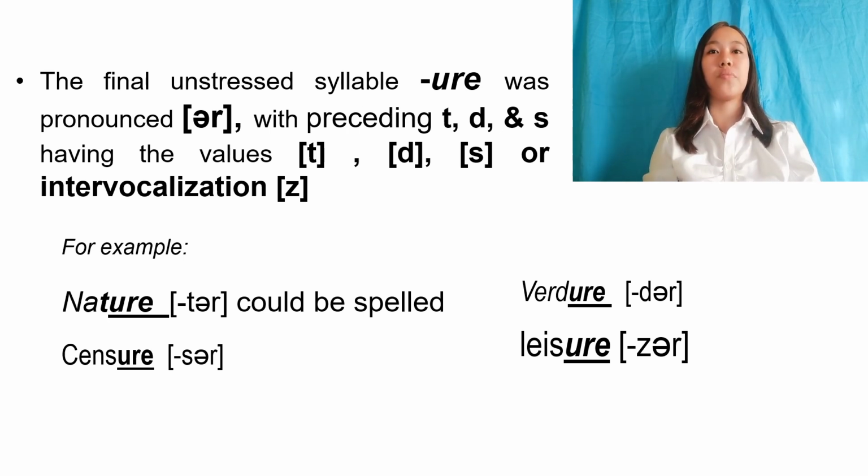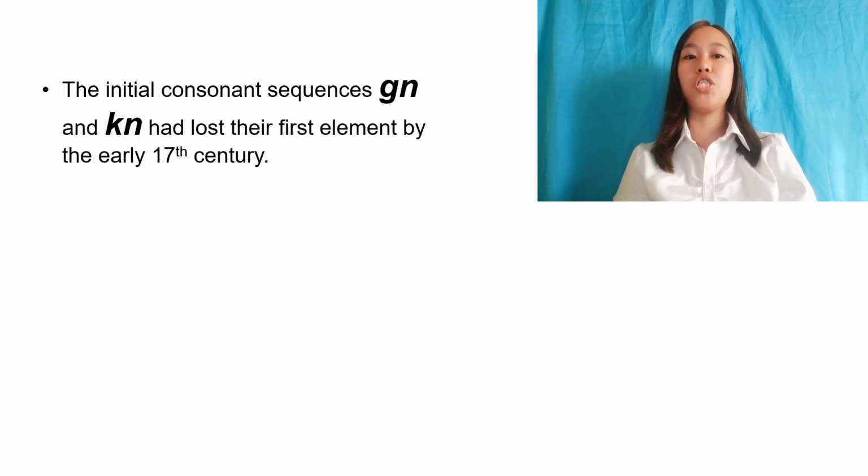Say it again. Nature, verdure, censor, laser. The initial consonant sequences, the GN consonant and KN consonant, had lost their first element by the early 17th